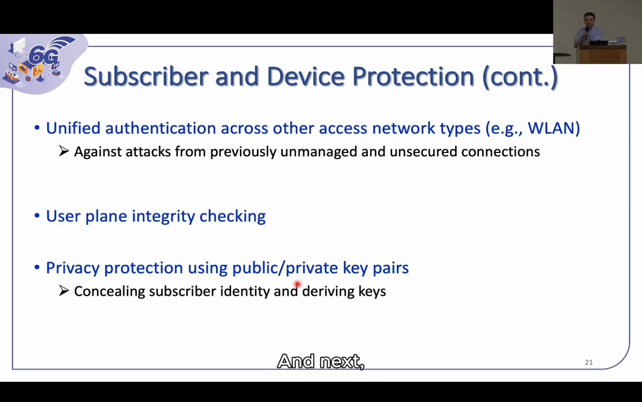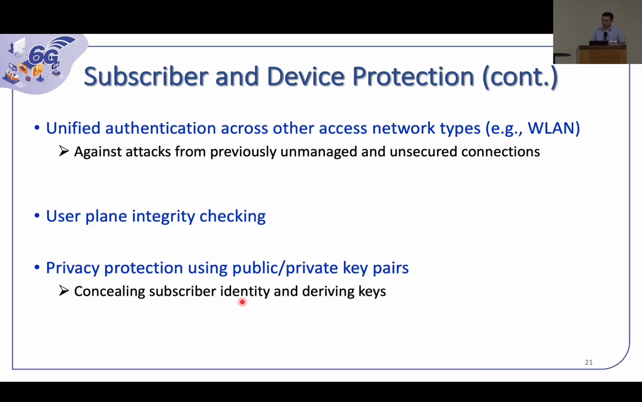Okay, and next about the device protection, it also proposed a unified authentication across other network types, including wireless LAN. So this would be the non-3GPP security protocols we just mentioned. It also considered user plane integrity checking, and also provides privacy protection using public and private key pairs. So in addition to the initial message, which is protected by PKI, public key and private key, here, since the ID is also sensitive, we also protect the ID using the public-private key pairs,